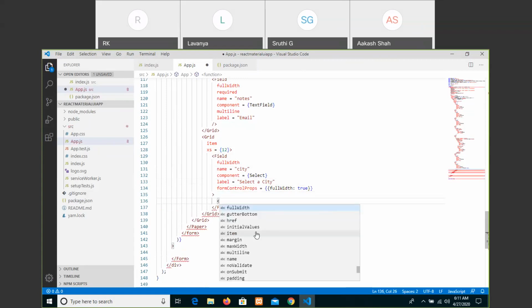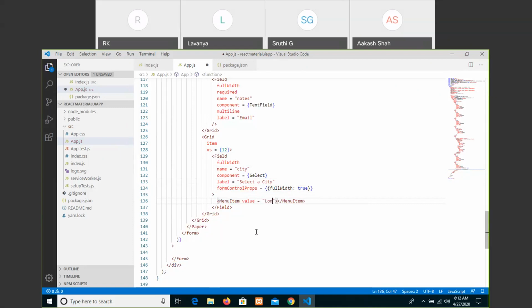So that options with the menu item, value something, let us write London.